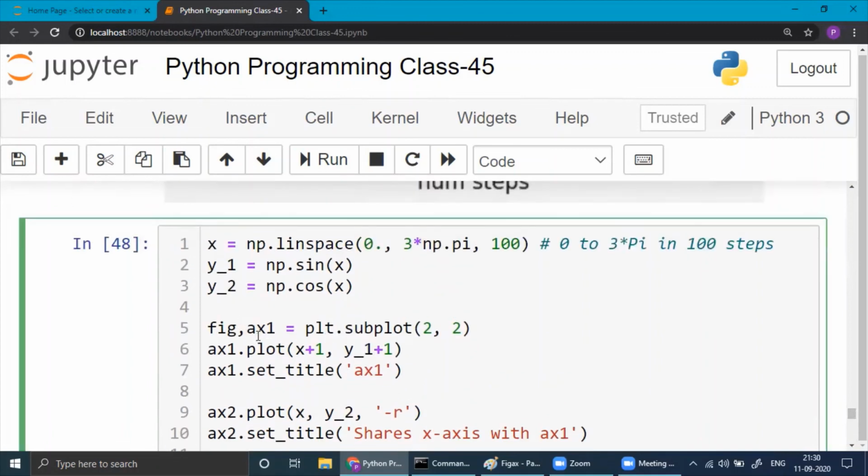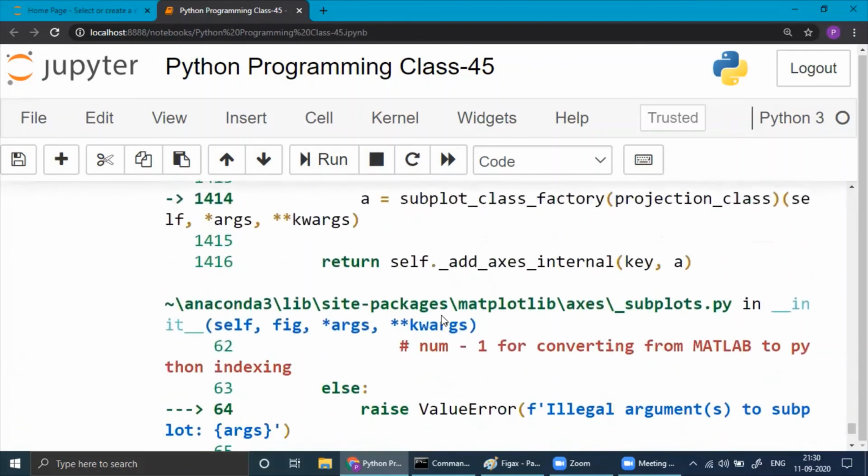We have to write x1, x2, okay. Now x1, x2, okay, all right. Run it.